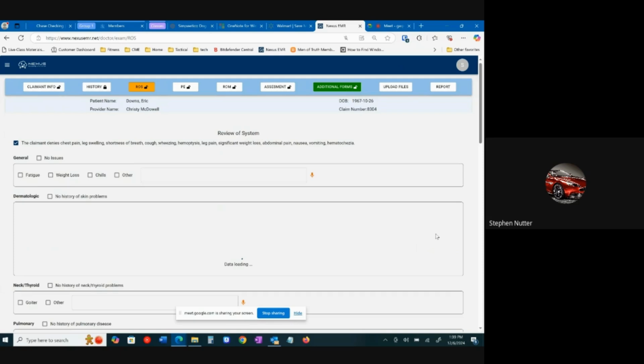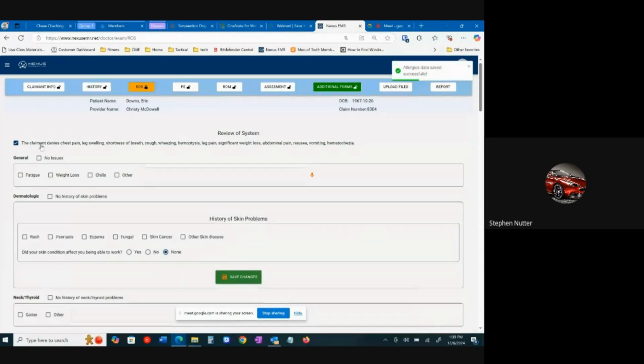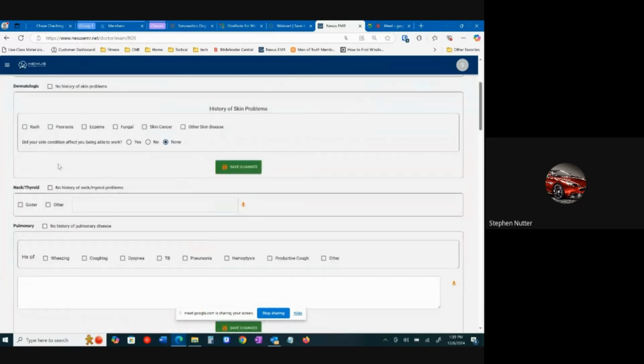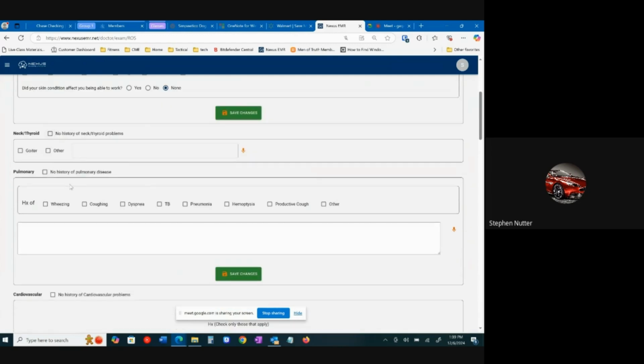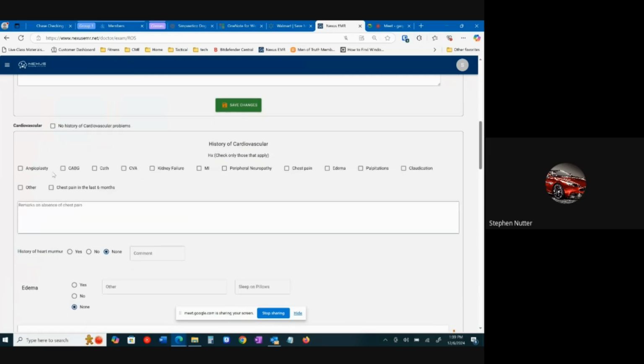And then you come to the review of systems. The default is just going to type out that they deny all of these things. If that's not the case, you can deselect it and come down and start doing your review of systems. So if they begin to complain of wheezing, coughing, ptosis, chest pain,